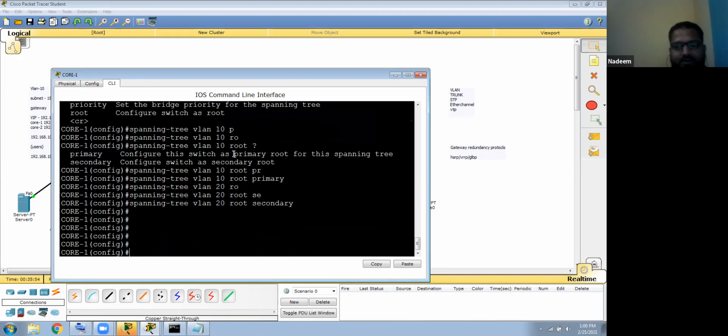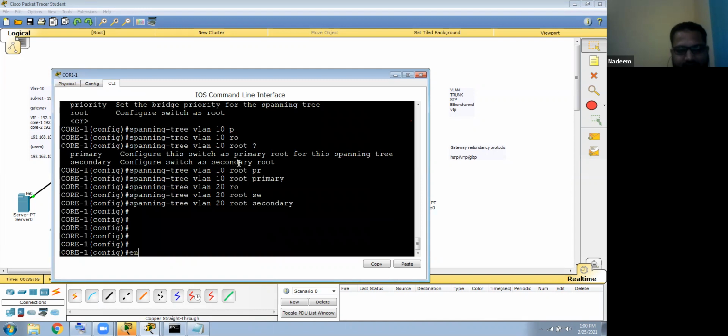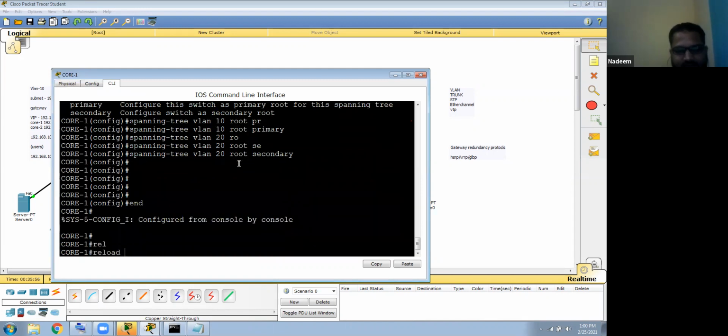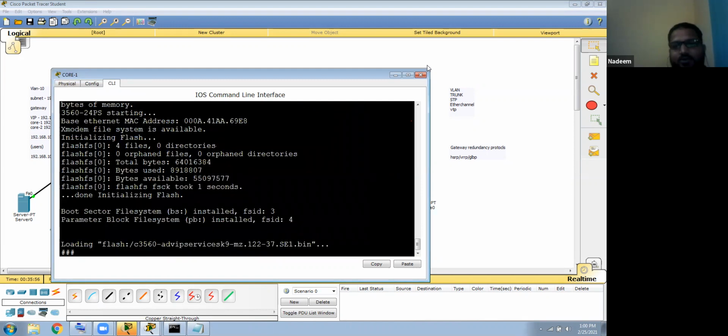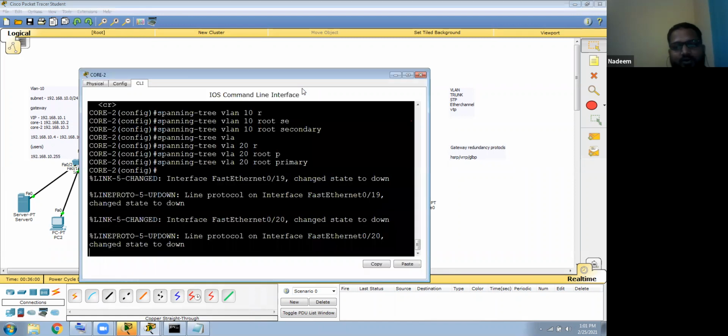Done. So guys, this is called HSRP. What will happen in case, let's say, of a reload and the core switch goes down? The entire traffic, all the data going on, will automatically shift over the redundant links, and this switch will become active for all.